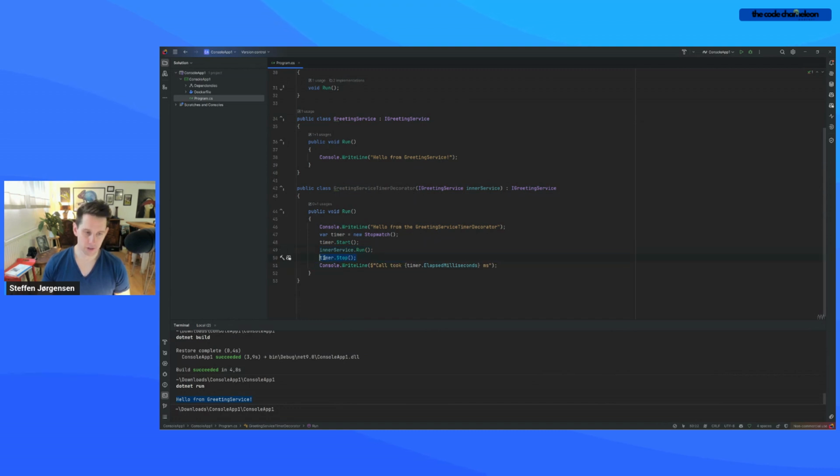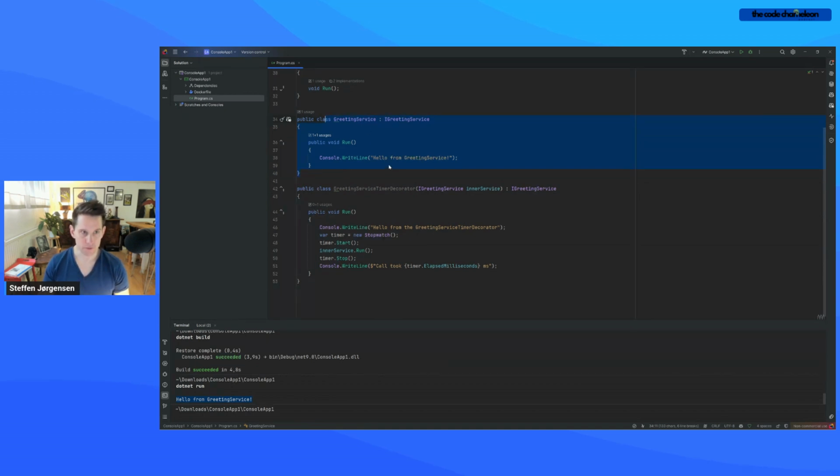And when that's done, we'll stop the timer and we'll print to the console. So this way we will decorate the greeting service with a decorator that can do stuff before and after the call to run,